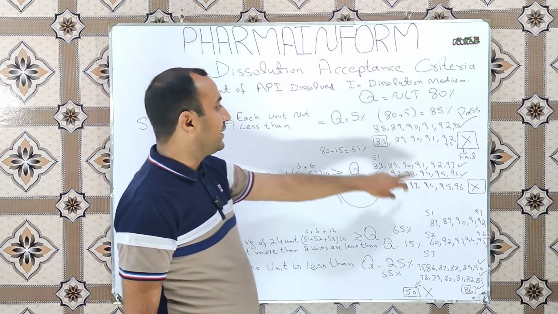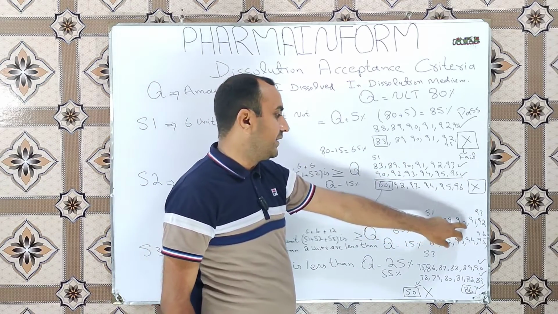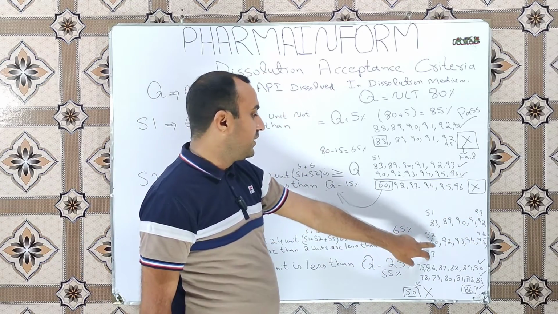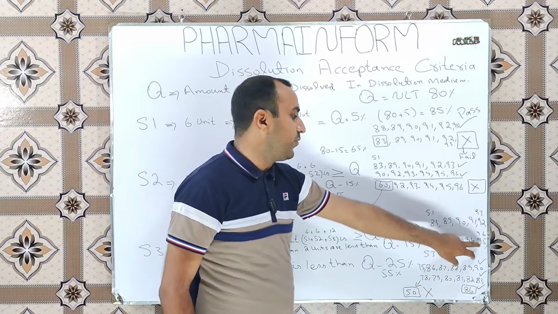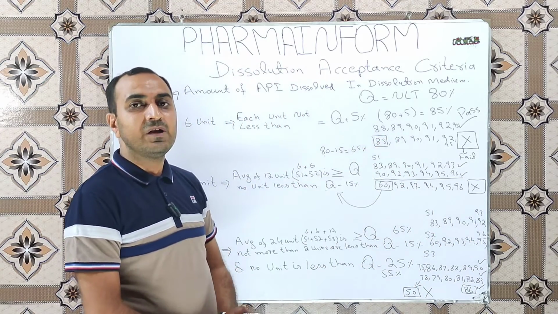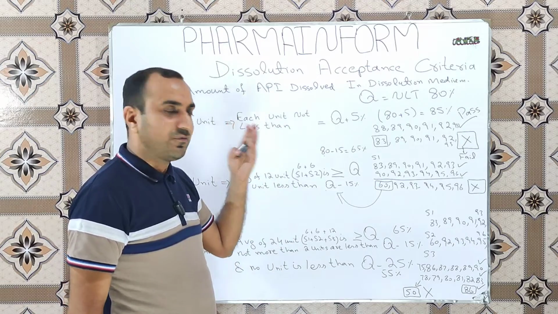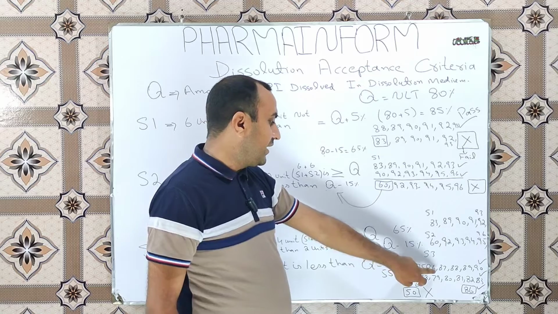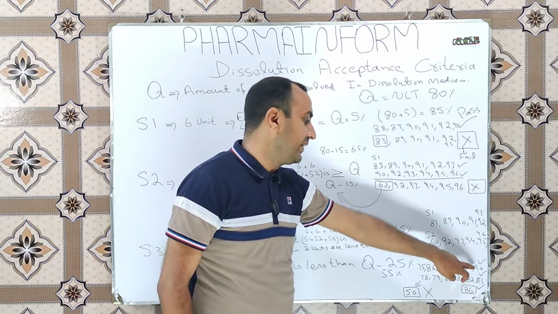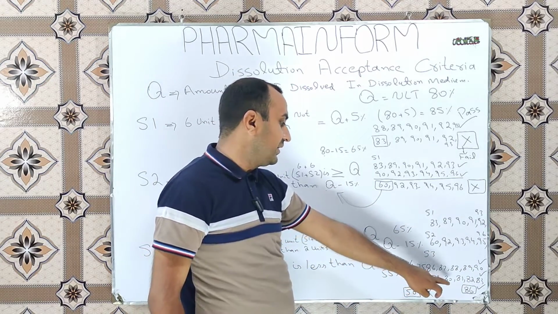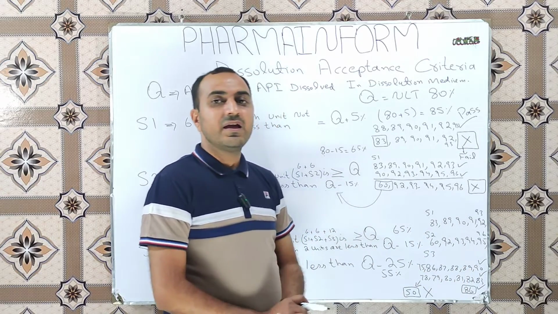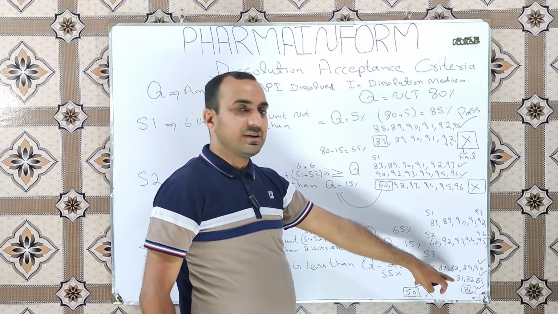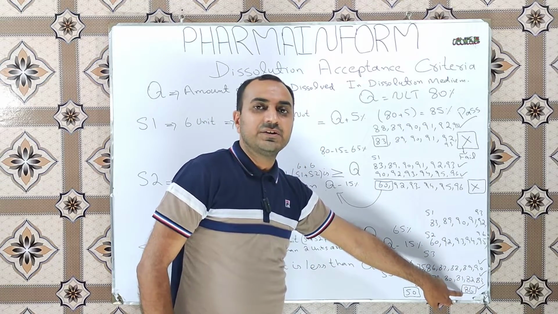We will take a further 12 tablets and perform the dissolution test, and now have a look at our results. The results of S1 are the same: 83, 89, 90, 91, 92 and 93%. The values of S2, 60, 92, 93, 94, 95, are the same as above. Now we perform the test for the further 12 tablets and the results of the 12 tablets are 75, 86, 87, 88, 89 and 90%, 78, 79, 80, 81, 82 and 83. When we take the average of all the 24 tablets, the average result is 86%.